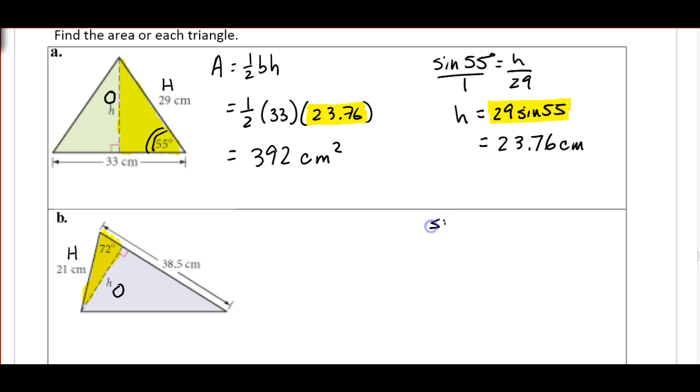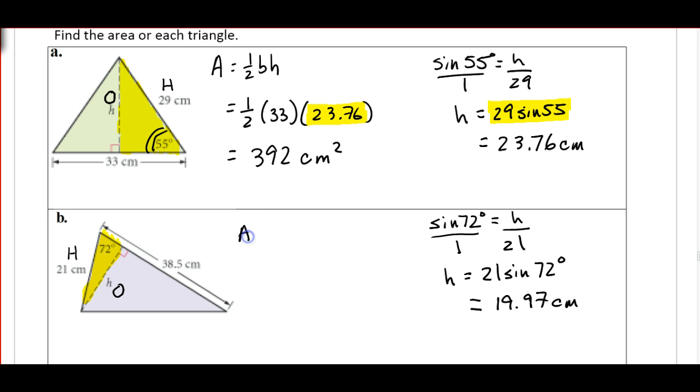Sine of 72 degrees is equal to h over 21. Put that over 1 and cross multiply again, and I get h is equal to 21 sine 72 degrees. We calculate that out. That's going to be about 19.97